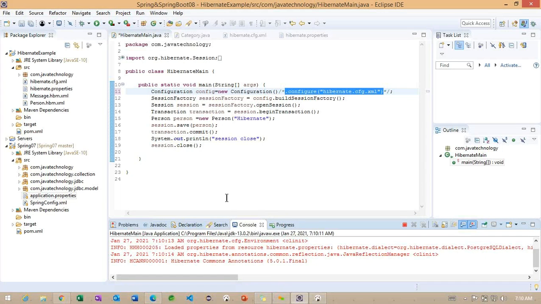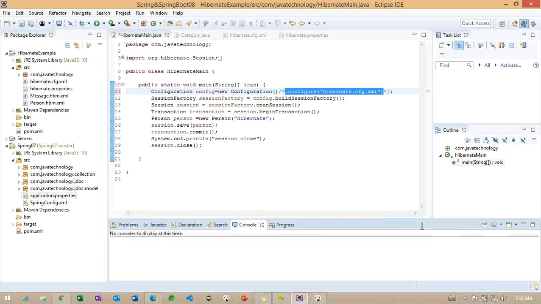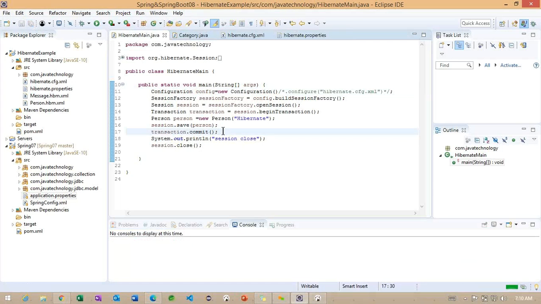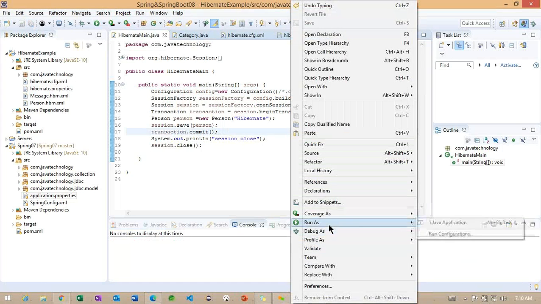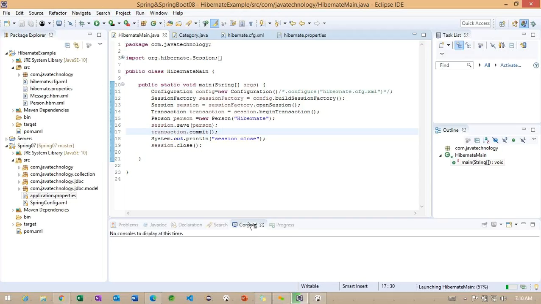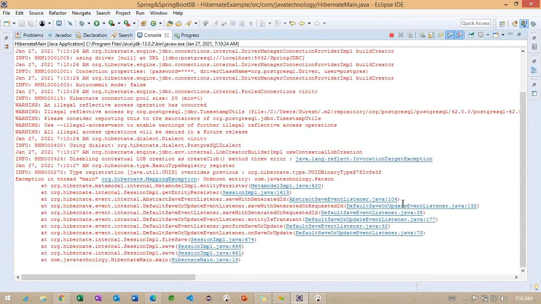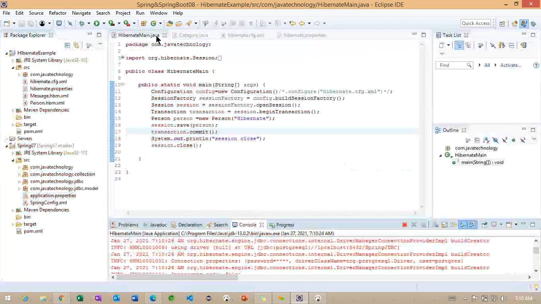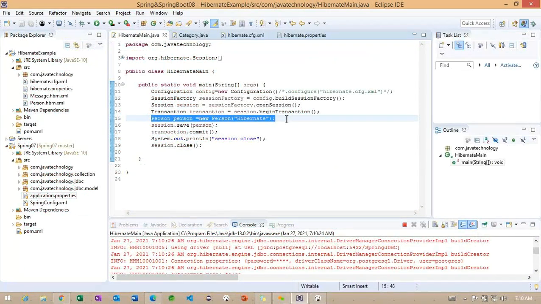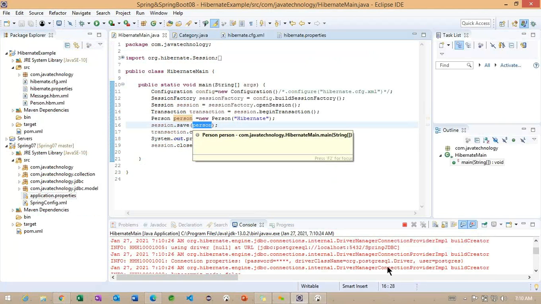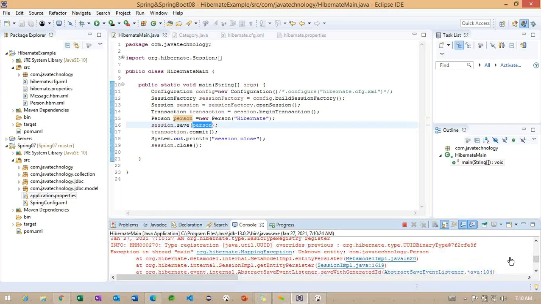Observe here, wait, I did not save the file. Let me run one more time. You can expect here, unknown entity, this particular Person is not found here, because we are trying to create this object and save the person, but this person is not yet mapped here.